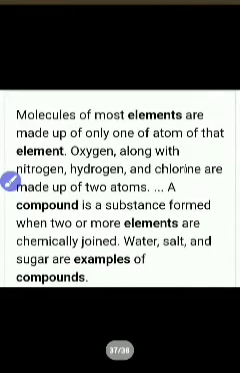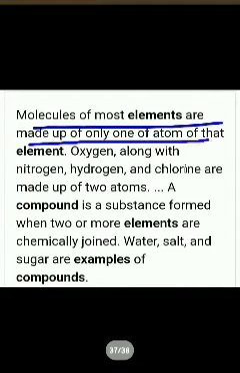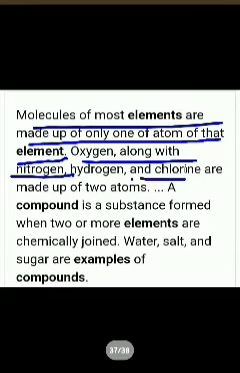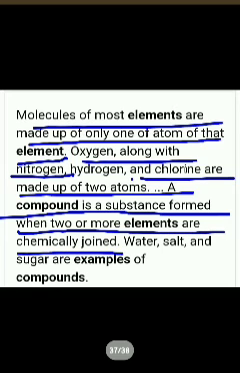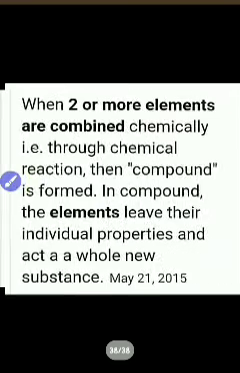Okay, the next point is molecules of most elements are made up of only one kind of atom of that element. Oxygen, along with nitrogen, hydrogen, and chlorine, are made up of two atoms. A compound is a substance formed when two or more elements are chemically joined. Water, salt, and sugar are examples of compounds. So the next point is